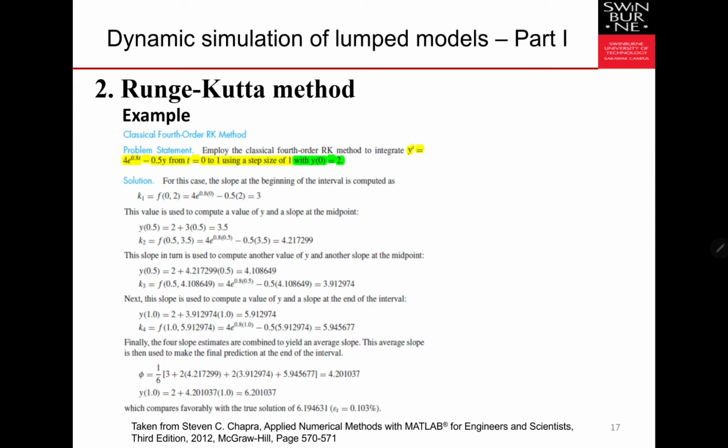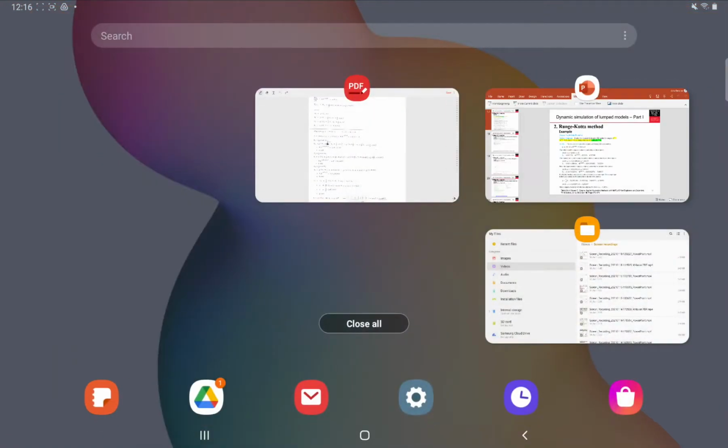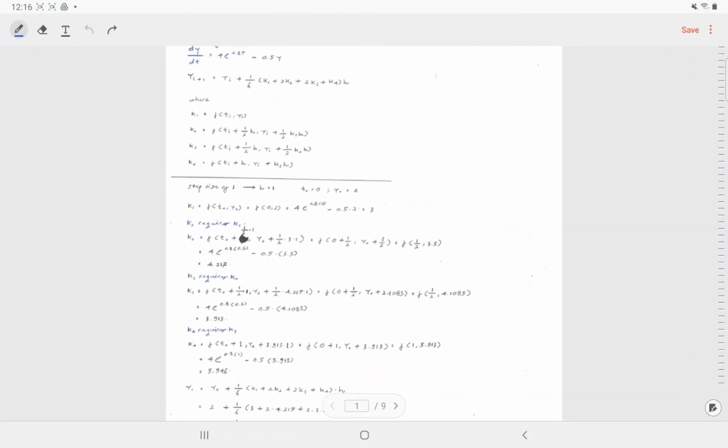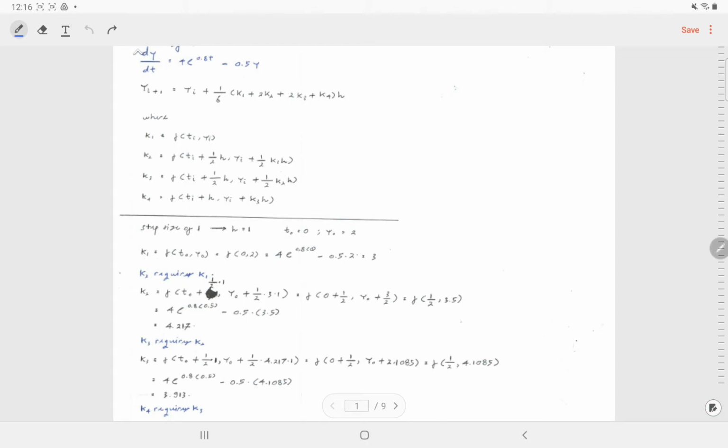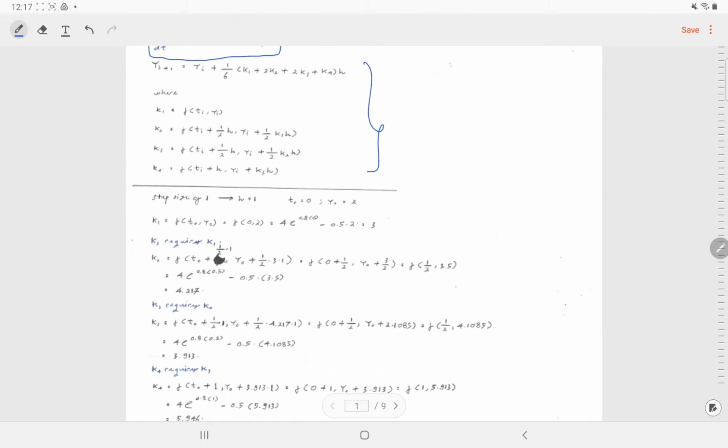Here we show the example of calculating this ODE, which we have done in the previous example for the Euler's method, and I discussed this in detail, and I show you in detail also in my additional materials. So let's say for this particular ODE, we have this formula here. Then we start with the calculation of k1. The calculation of k1 requires the initial conditions. Then we get 3 here.